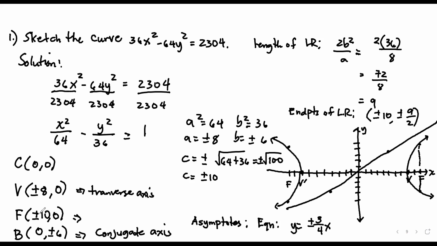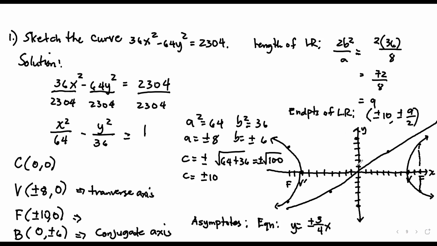Hindi natin nag-graph yung, ano bang hindi natin nag-graph? 6. Yung endpoints ng conjugate. 2, 3, 4, 5, 6. 1, 2, 3, 4, 5, 6. So, yan. Mag-drawing kayo ng tas yung negative. Dito din,